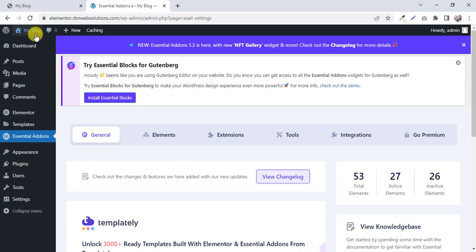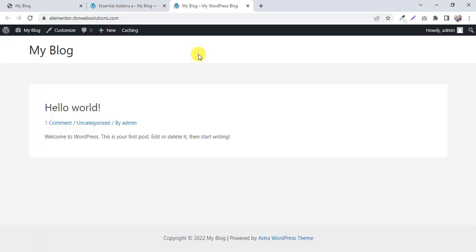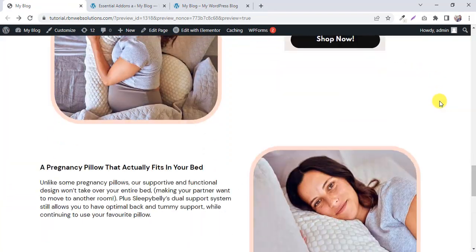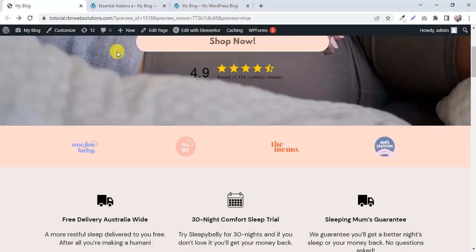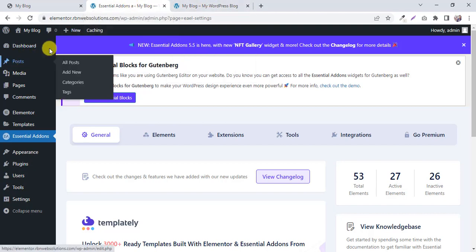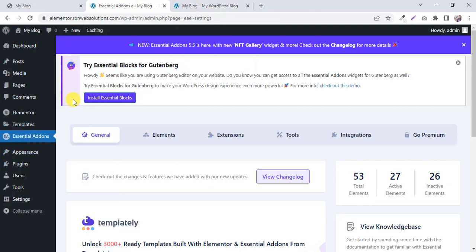First of all, take a look at what it's showing on the website currently. So this is our domain name elementor.rbnwebsolutions.com. So browsing the website, it's loading because of the network, and then you can see this is a fresh website, nothing is there, just a blog post, hello world. So we are going to convert this website into this type of website actually. So this is the challenge we are going to take,